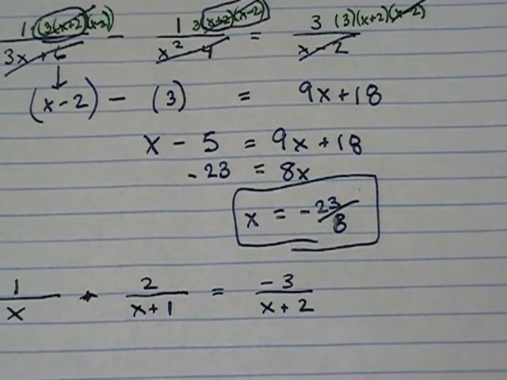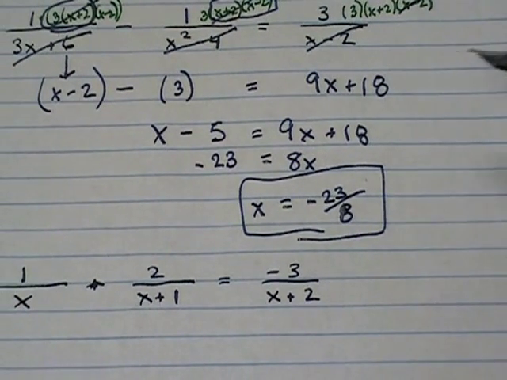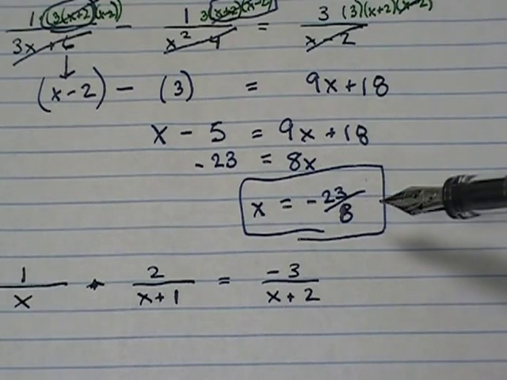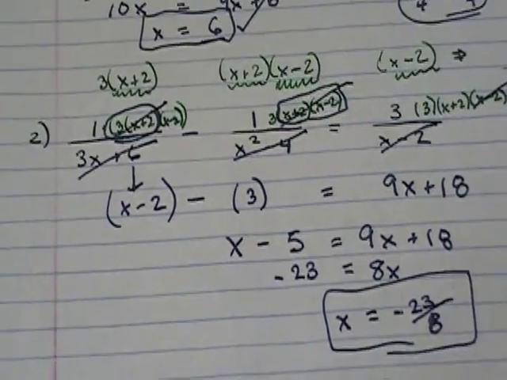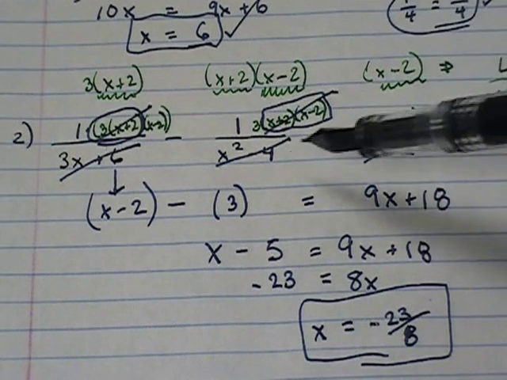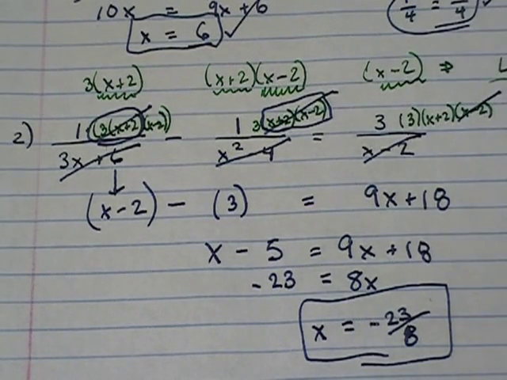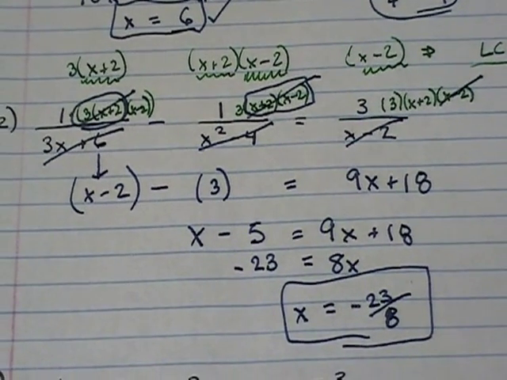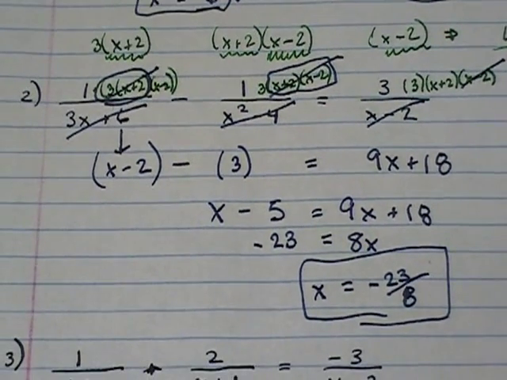And the big problem with rational equations a lot of times is we get these ugly answers. And of course, to plug that into the original equation, 1 over 3x plus 6 minus 1 over x squared minus 4 would be really, really difficult. However, there are some ways to do this